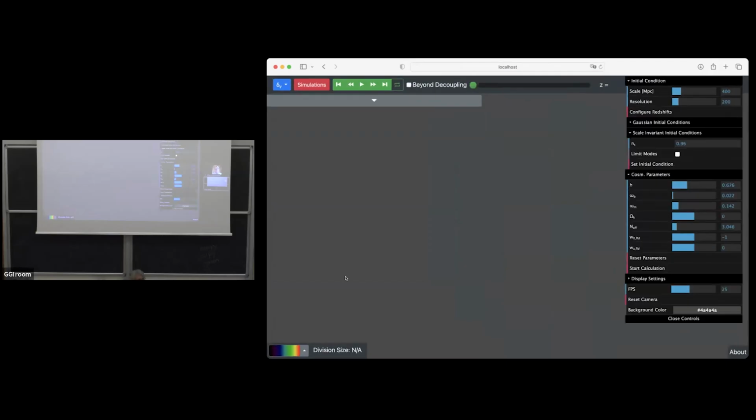Yeah. Okay, there are lots of buttons. It takes time to get familiar with them. Here I could choose the size of the box I want to, it's not a box, it's a slice. The size of the slice I want to simulate, and it's not an N-body simulation, it will use only linear theory. So I choose the size of the slice I want to visualize and the resolution. I will stick to default. I can configure